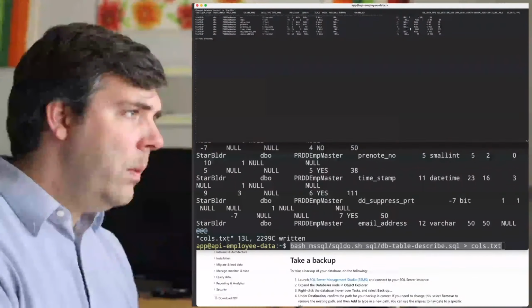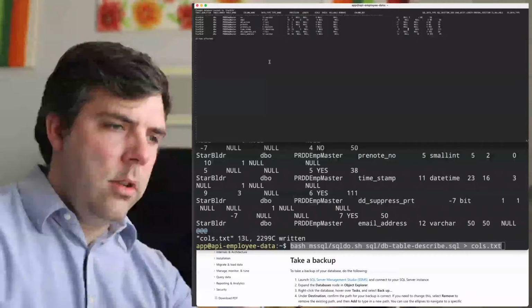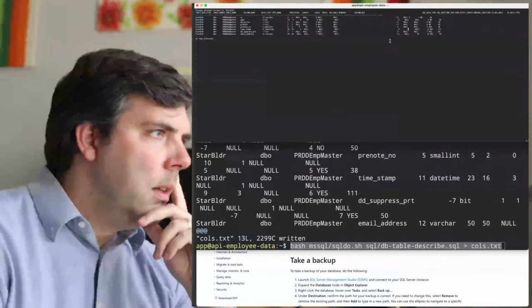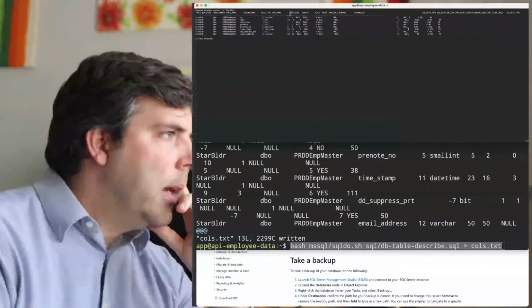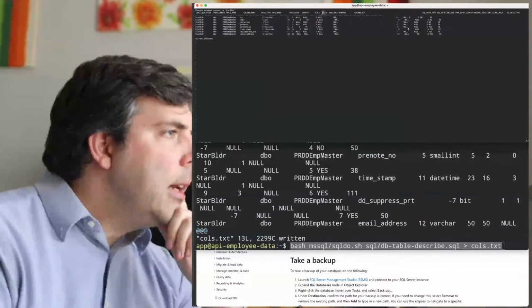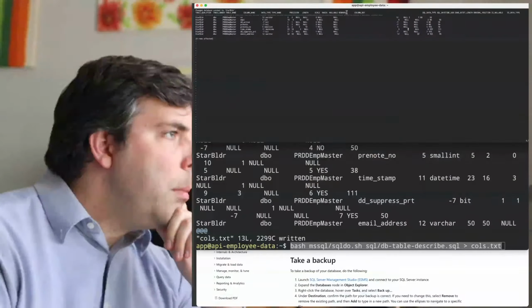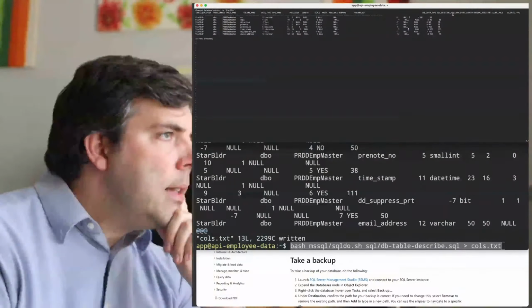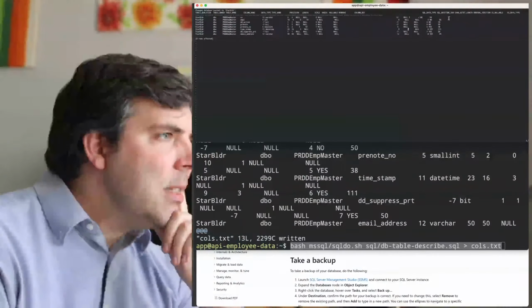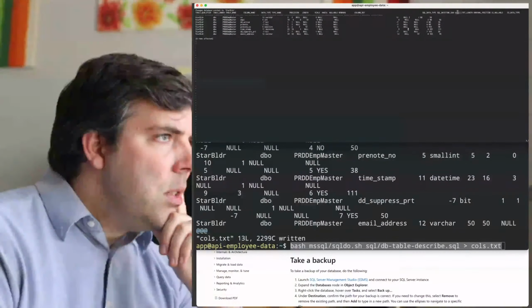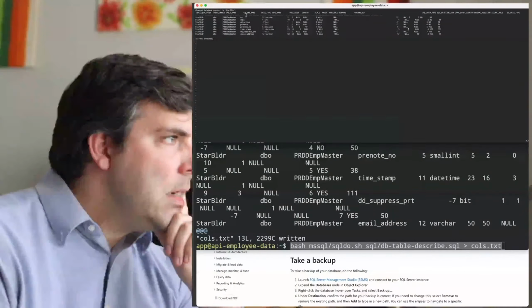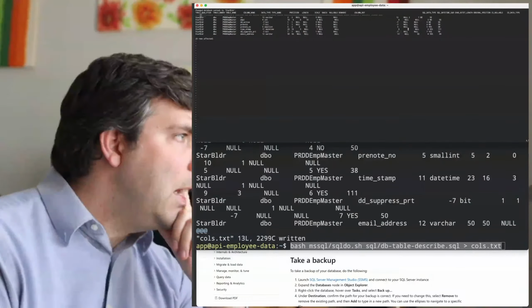So it looks like out of all this information, which again, you can't really see, but we'll get to it in a second. So there's precision, length, scale, radix, nullable, remarks, column definition, SQL data type, SQL date time sub, char octet length, ordinal position, is nullable, SS data type. Yeah, so it looks like the only thing I need is